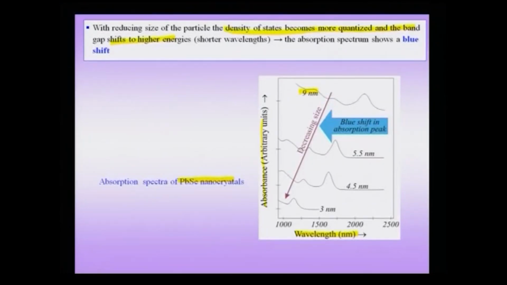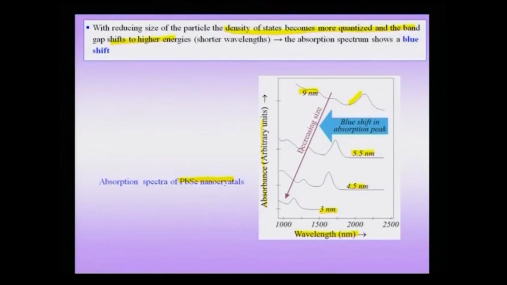We note that there is a dramatic change in the absorption peak as you go from, say for instance, the 9 nanometer particles of PbSe to 5.5 nanometer particles to the 4.5 and to the 3 nanometer particles. And we will soon see an effect with respect to the surface plasmon absorbance in the case of metals, where this shift is actually negligible, and small when you change the particle size. So, here you see that there is a blue shift in the peak,